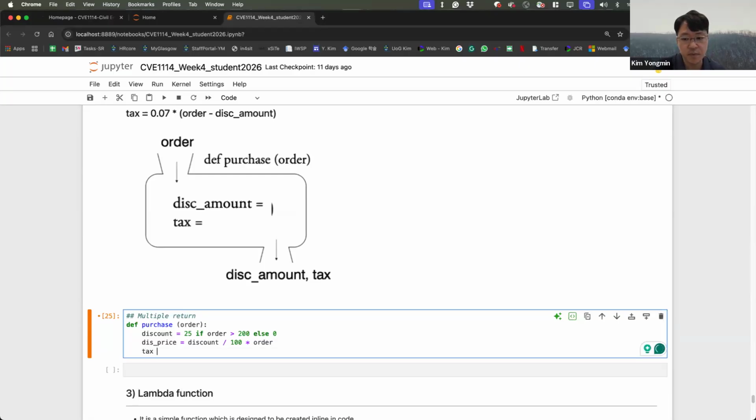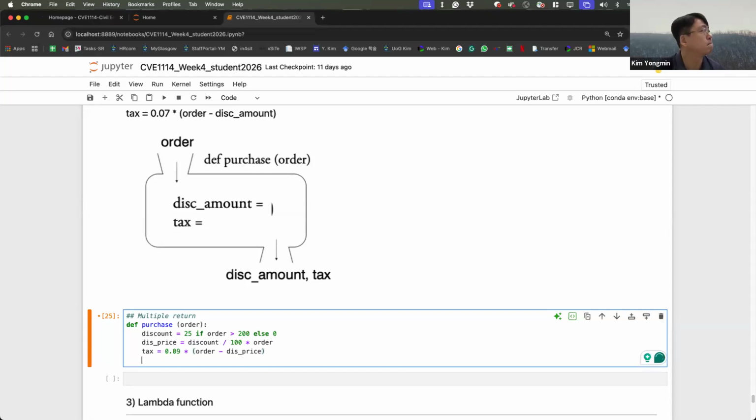Tax is 0.09 times order minus discount price. Then return discount price, comma, tax.